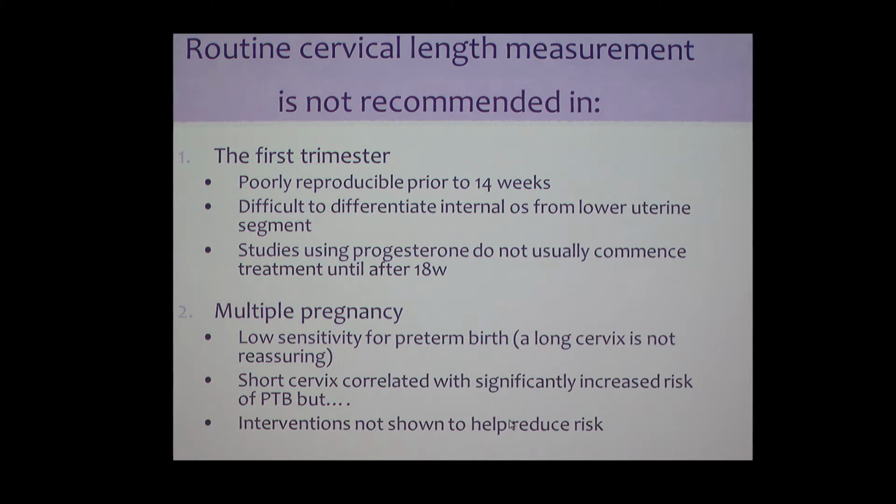Now, the current state of play, and this may change, is we really don't recommend routine measurement in the first trimester because it's poorly reproducible, it's very difficult to differentiate the internal os from the lower uterine segment, and also the studies that have looked at using progesterone don't normally start it till after 18 weeks anyway. There will be exceptions to that, women who are very high risk, where we might be considering putting in a cerclage around 15 or 16 weeks, we may want to measure it early. But in general, it actually just creates